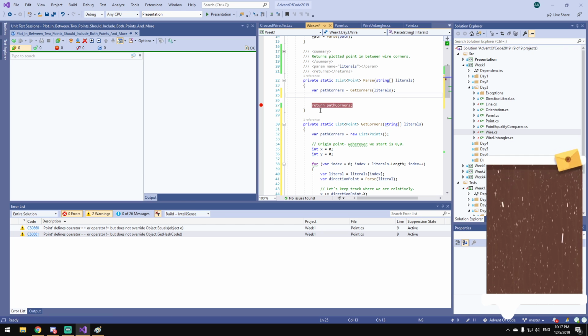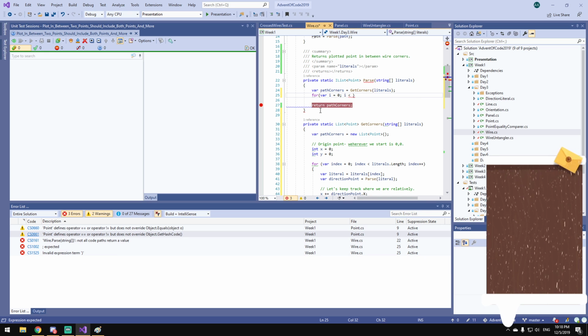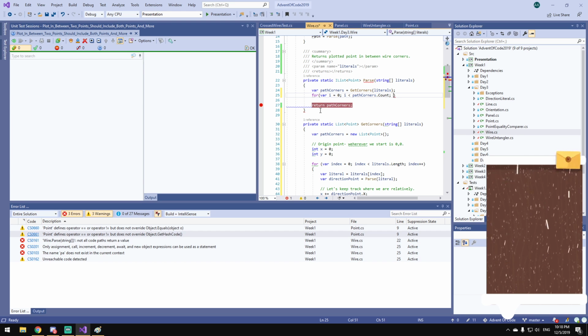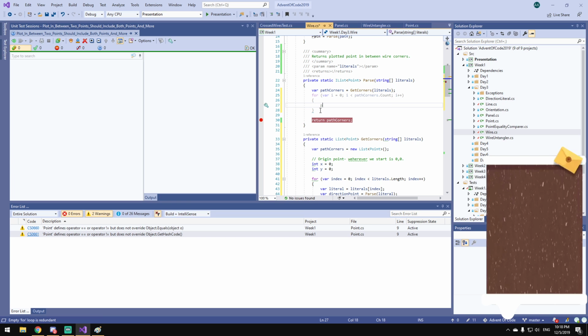We say for var i is 0, i is less than path corners dot count, path i plus plus, and we say that we want to